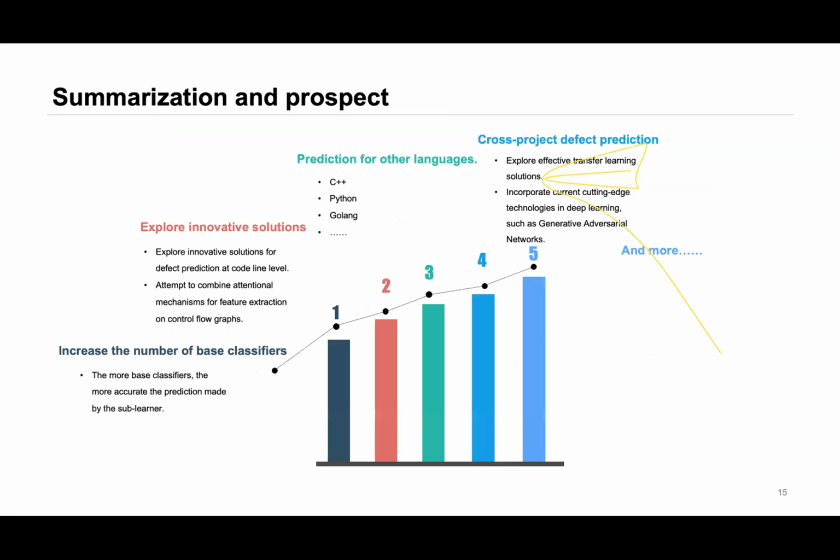In summary, we propose a software defect prediction and localization method based on ensemble learning and attention mechanism. If a method is predicted to be defective, based on the attention mechanism, we can locate 5 code lines that are most likely to cause defects, which allows us to provide more detailed information to developers.